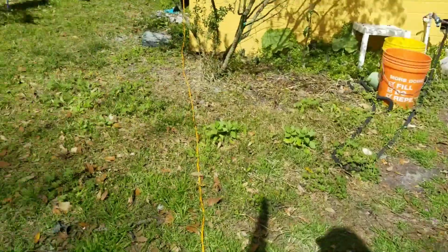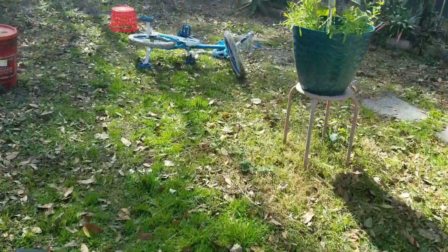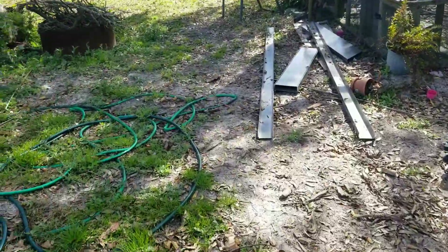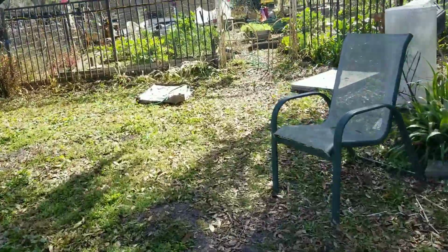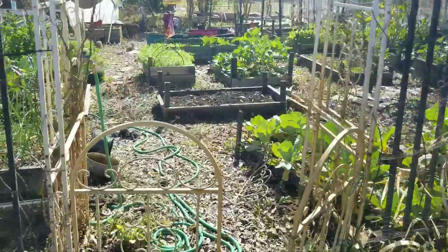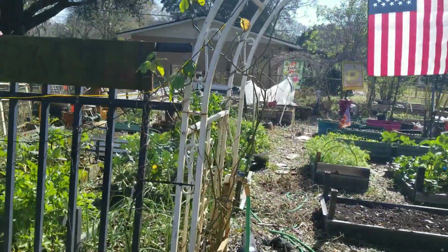So that's what we got going on in the greenhouse, and my sprinklers are on, which is odd, but I will show you some stuff that I got going on in the garden. And it has been cold and wet, so I have not been planting much in the garden, but here we go. I'll just do an overview